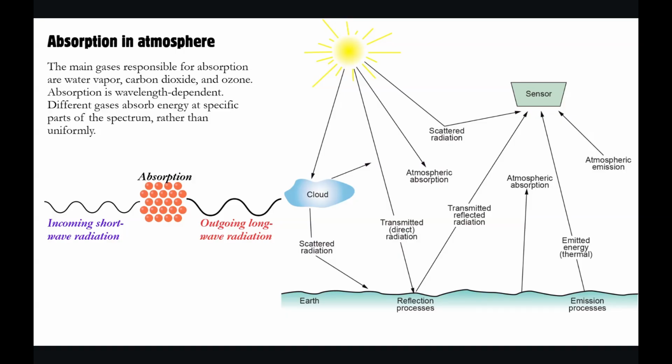Which are those? One is reflection, then is scattering, then comes absorption, then comes transmission or refraction, and last is emission. So these are the five processes that are occurring when electromagnetic radiation interacts with the atmosphere or with the earth's surface, where many different types of objects are lying. Okay, these are the five processes. So we are learning these processes.